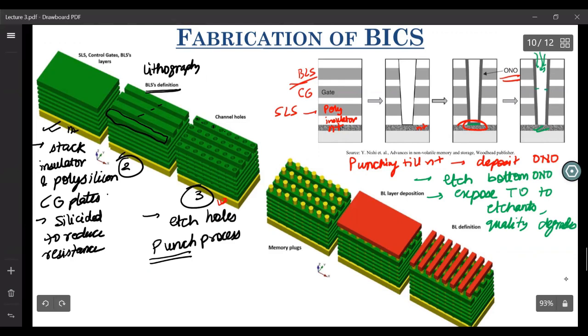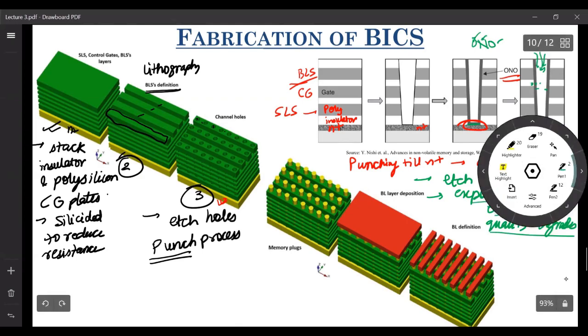So you have tunneling oxide, then the storage layer, and then the blocking oxide layer. So you're flowing etchants into this hole, and that will also degrade some amount of your already deposited tunneling oxide on the side walls. So that way the quality of your tunneling oxide degrades in this phase. That is one of the issues during fabrication.